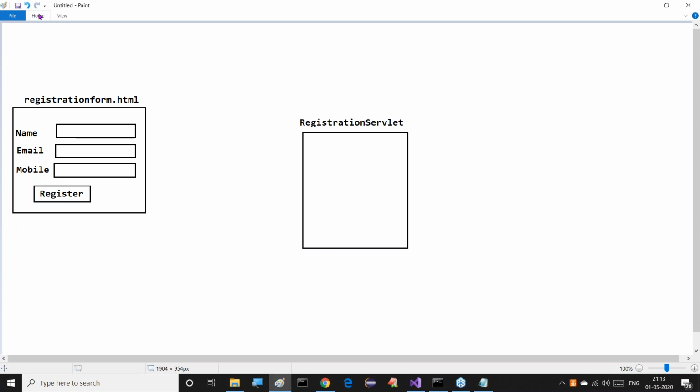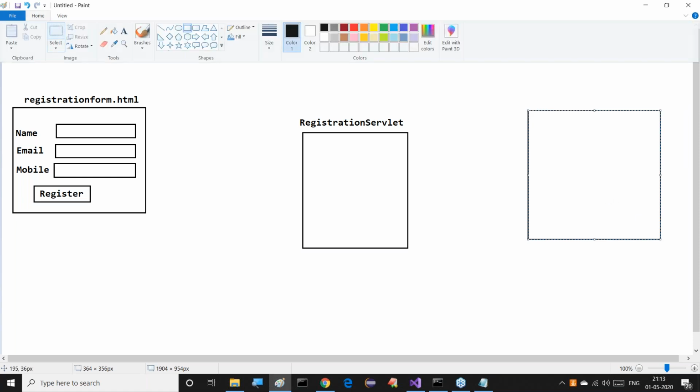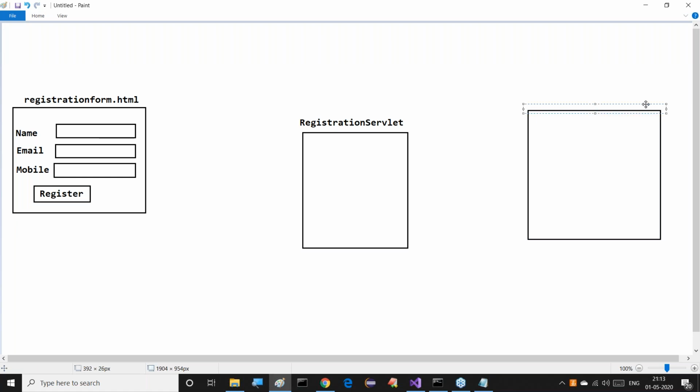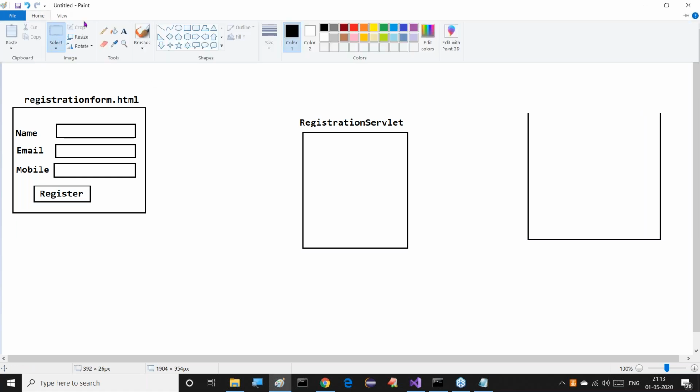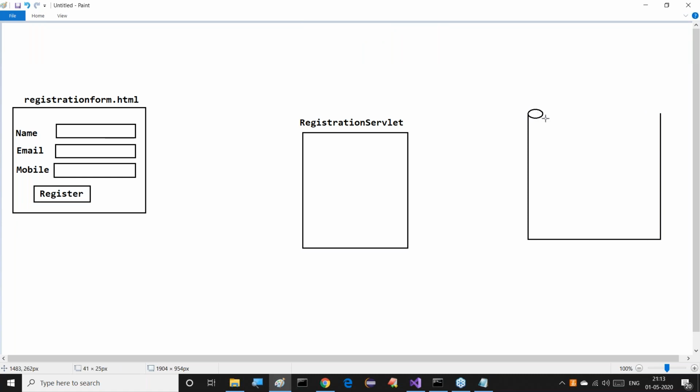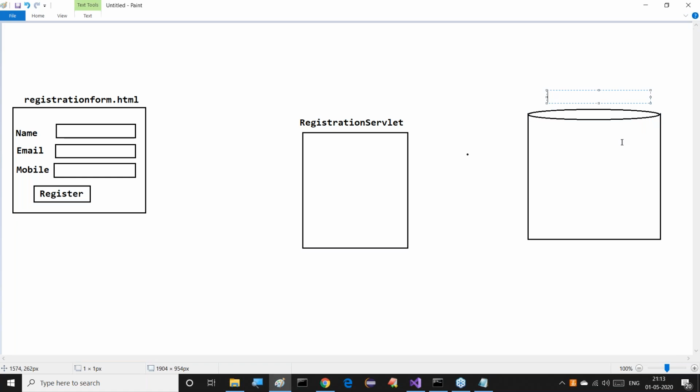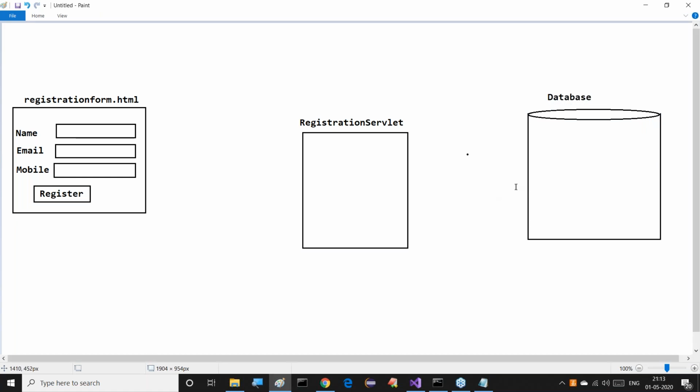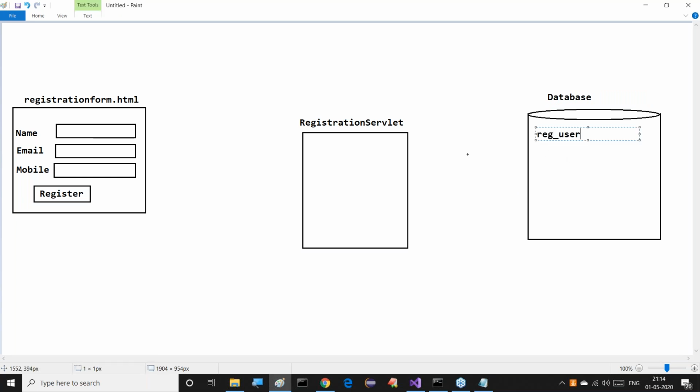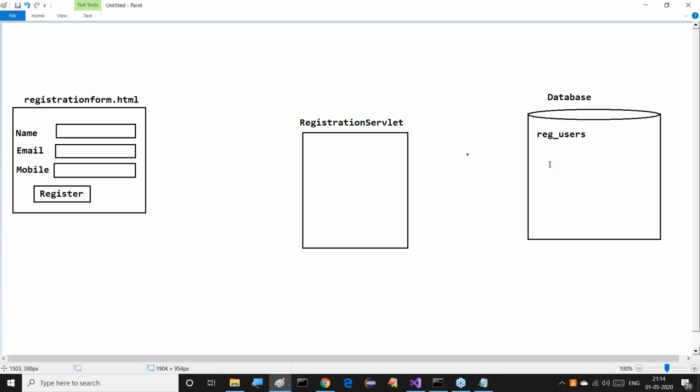Okay, fine. Now at the same time, here I'm having a database. The database exists here. Everybody has to understand it. Right, sir. Inside this database, observe this clearly, I'll take a table, the registered users table.